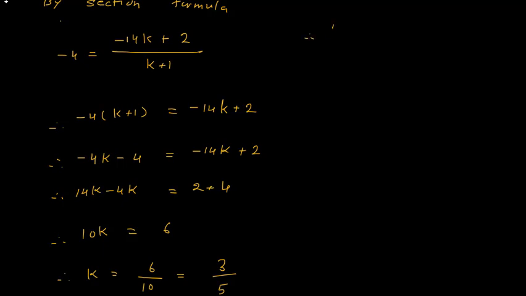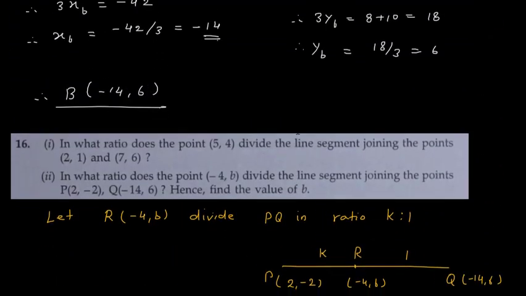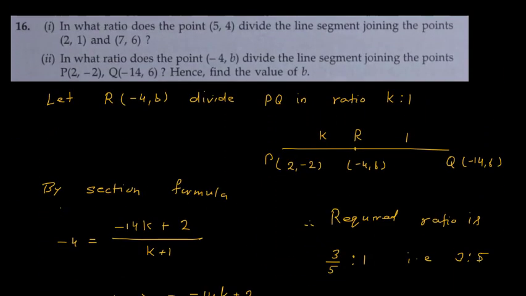So therefore the required ratio is 3 divided by 5 ratio 1. That is, you can say that 3:5. You can multiply both the sides by 5. So the same thing you have got when you consider the ratio as m1 ratio m2. Right? First class? Okay. So second question I have done. First question you can do it. Yes? Okay.